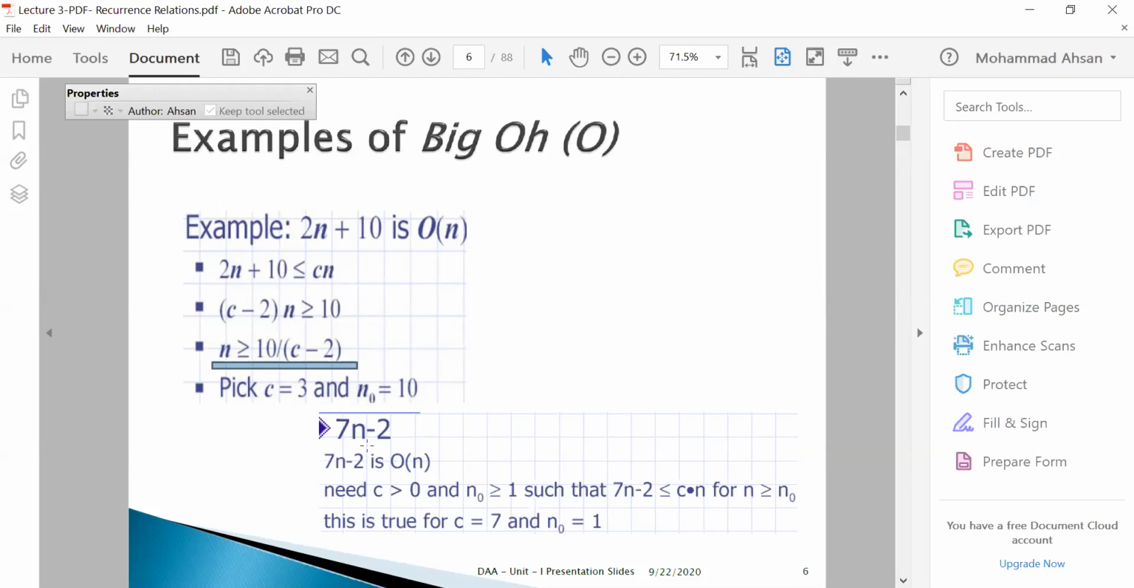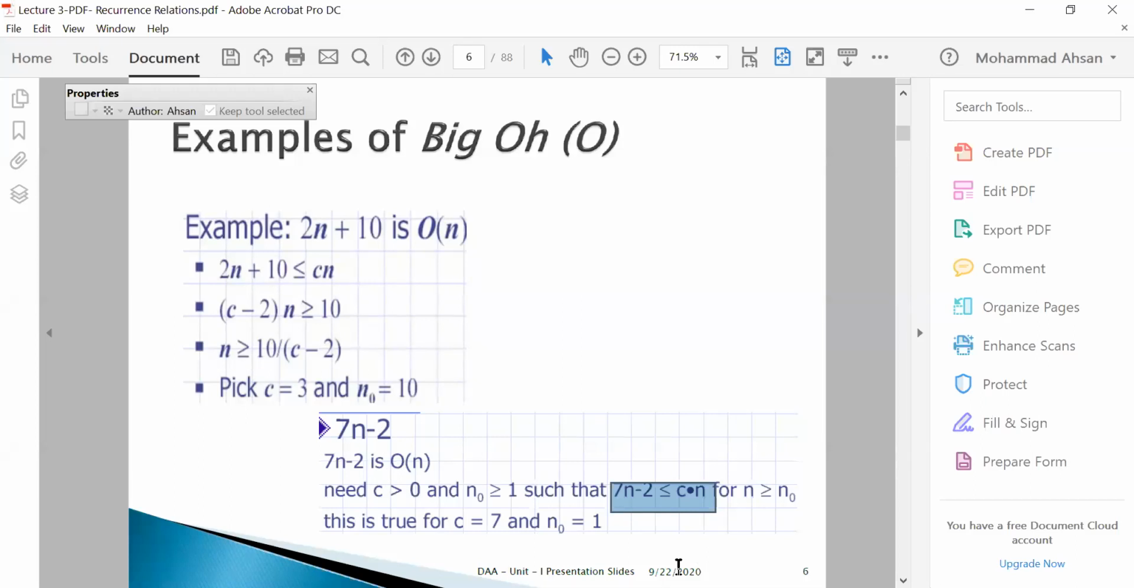So similarly, when you have 7n minus 2, it is again O of n. So again, we'll do the same thing. 7n minus 2 is less than or equal to c into n. Now, when you get n to one side, you'll see that for c equal to 7 and for n0 equal to 1,